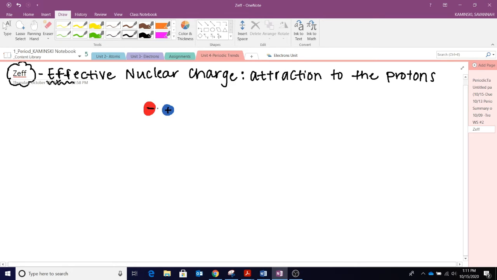And so it's kind of like a battery or a magnet. They are attracted to each other. Opposites attract. So that's what's happening here with effective nuclear charge, is the pull of the nucleus to the valence